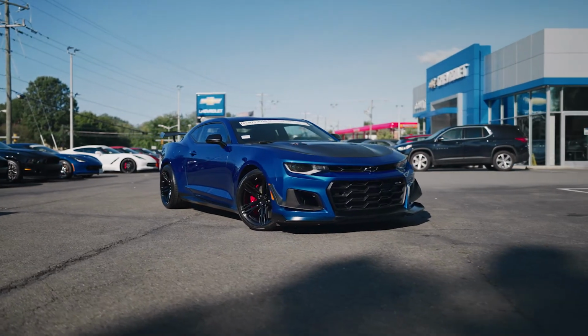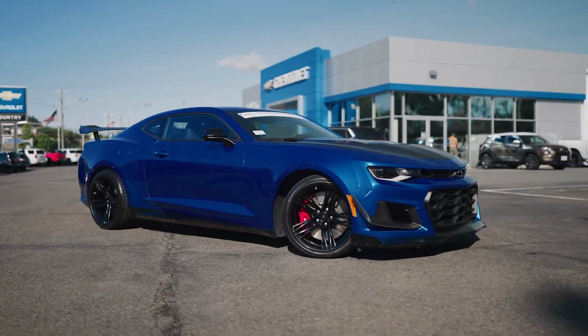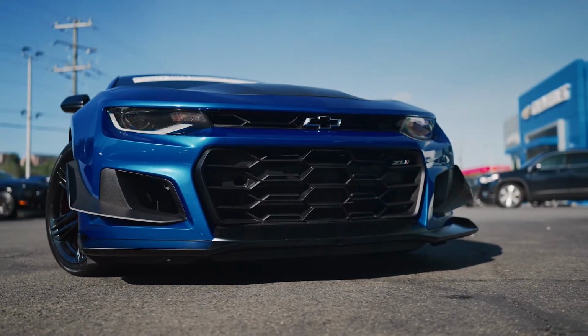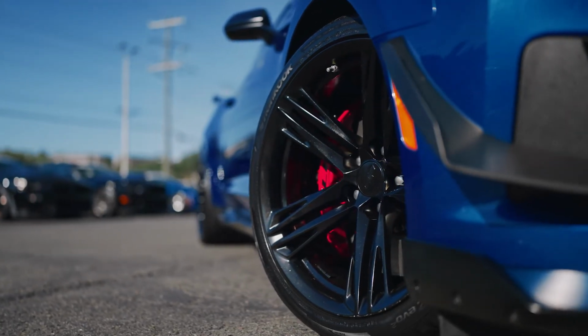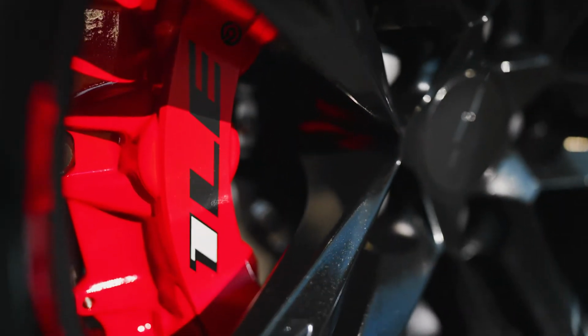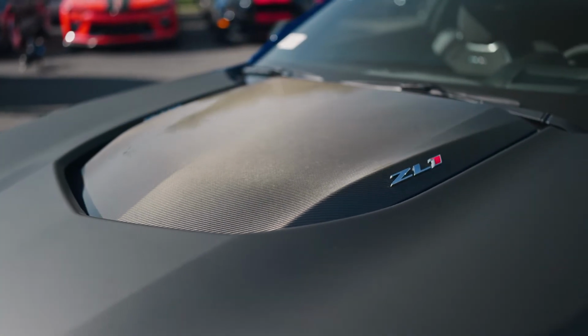Let's check it out. So, the ZL1 is a unique Camaro made in a limited quantity with some features that make it extraordinary. The ZL1 has an upgraded front bumper, giving it a lower and more aggressive look. Gloss black forged aluminum performance wheels, performance Brembo brake calipers, a unique hood with the carbon fiber center fairing,